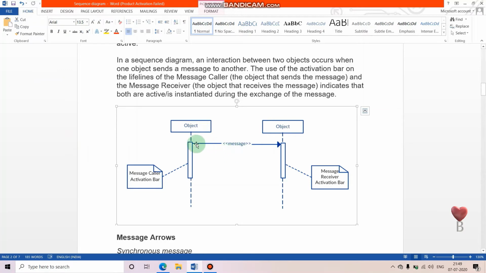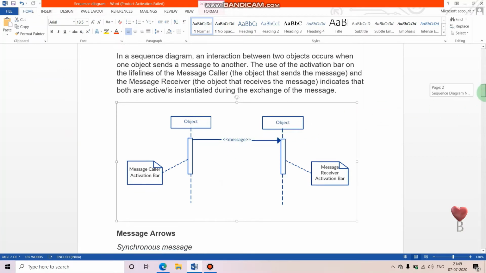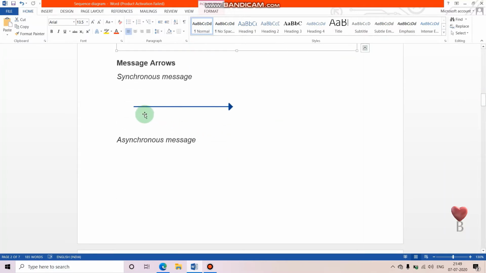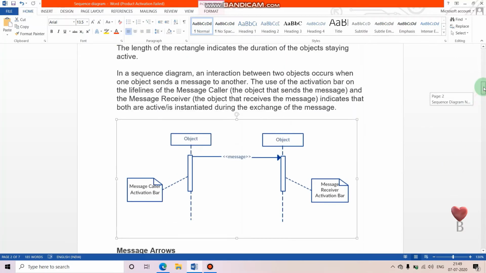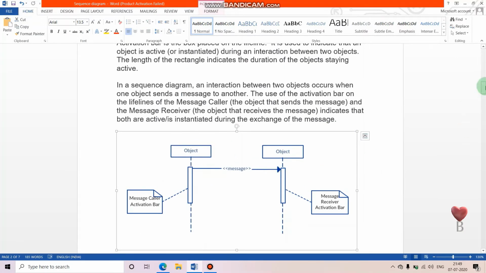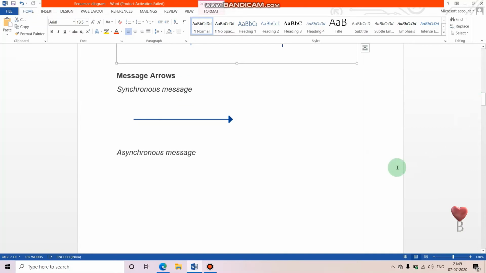Okay, now these are the message arrows. Now we'll see these notations also in detail. Now see, this is the synchronous message. As shown in the activation bar example, the synchronous message is used when a sender waits for the receiver to process the message and return before carrying on with another message.